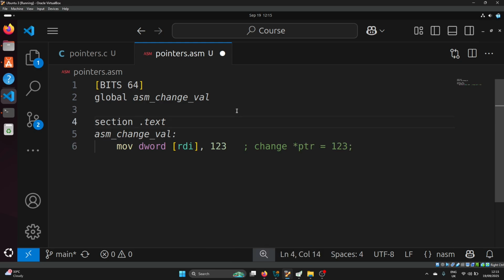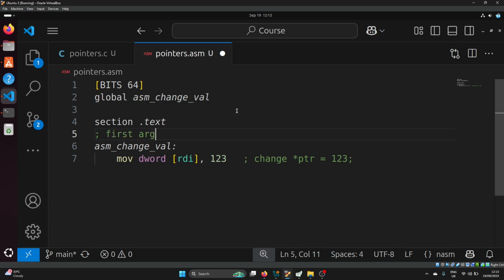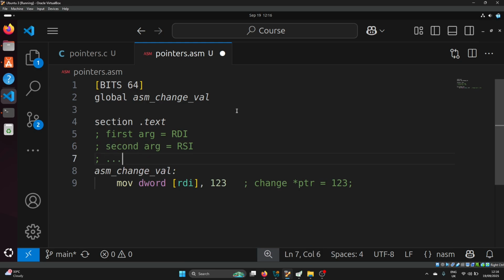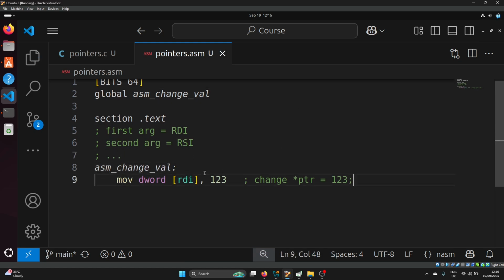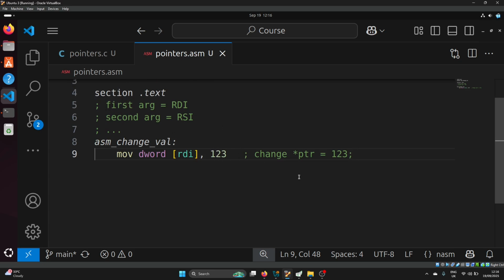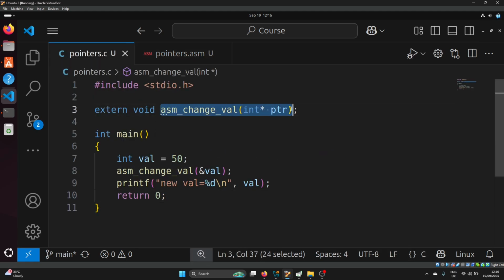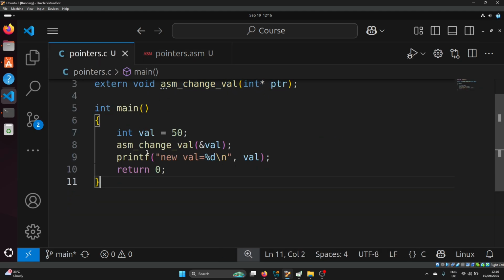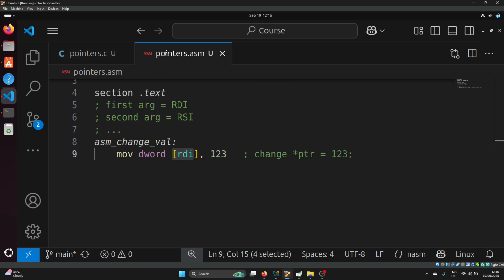Well, we know that C passes the first argument in the RDI register, the second argument in the RSI register, and so on. And it uses all the registers up, okay? Well, most of them, quite a lot of them, before it will rely on the stack, okay? So since the ASM change val only has one argument, we know that that pointer value, the address, is in RDI. So when we say ASM change val ampersand val, it basically passes the address of the local val variable